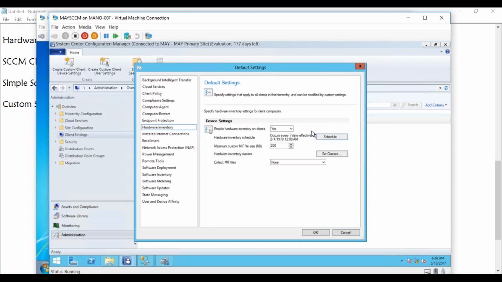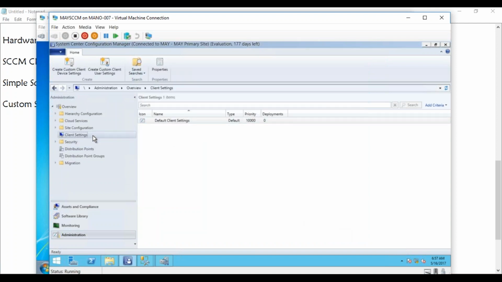Yes, it is going to impact the performance. Then how are you going to handle it? When you have to give custom schedules, or make changes to any one of these settings, and your intention is not to make the changes to the entire 1 lakh clients, but only to a specific number of machines, say 5 or 10 machines, for a specific reason, then what you can always do is